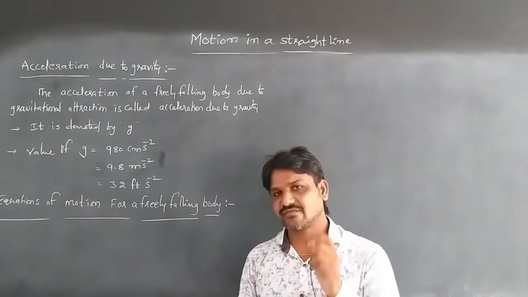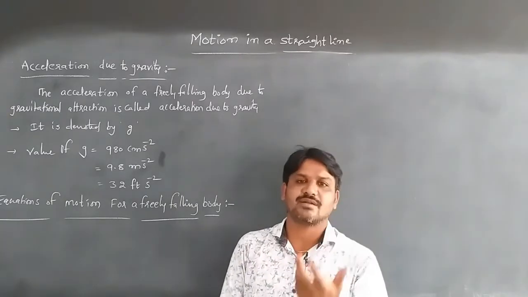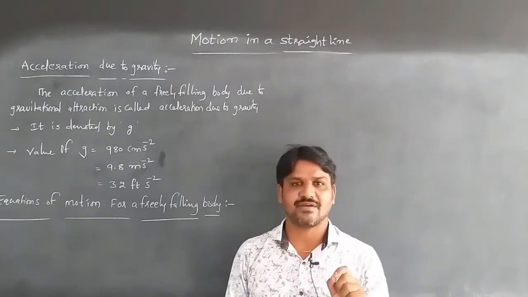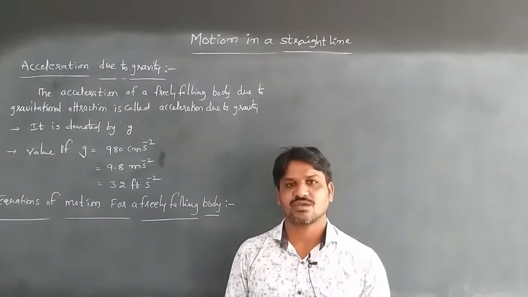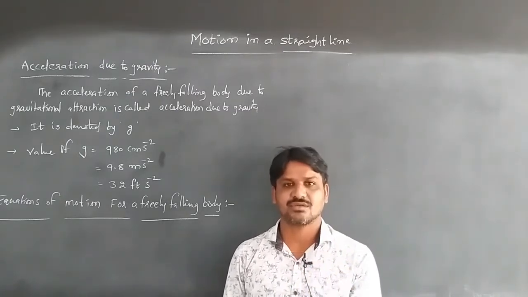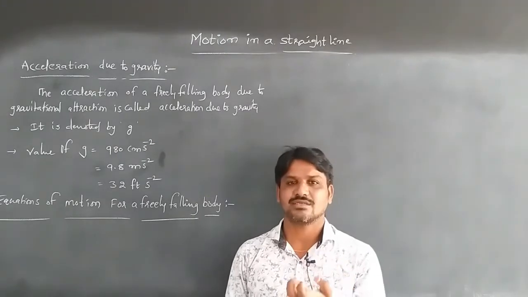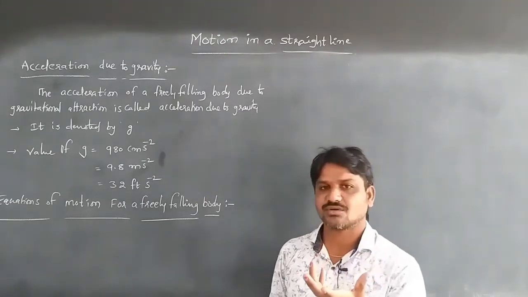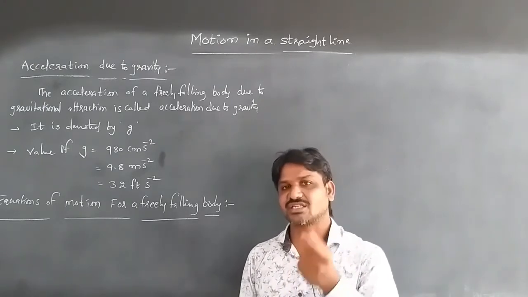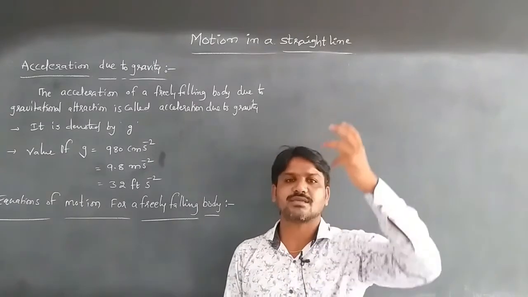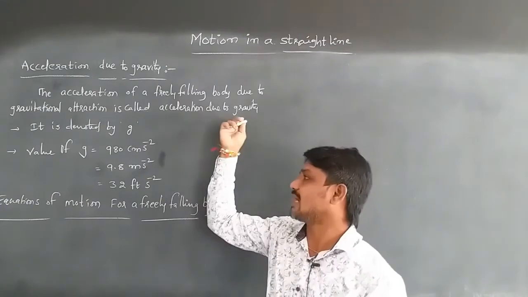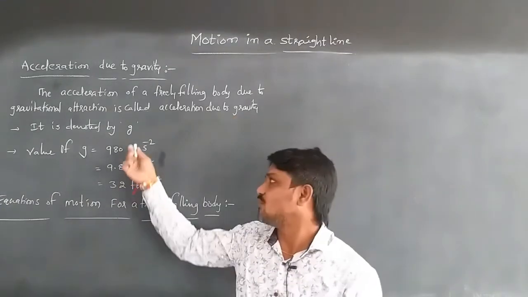Means when a body is falling freely from a certain height due to the gravitational effect, gravitational attraction, the body possesses acceleration. The velocity is increased. So that's why that acceleration is called acceleration due to gravity. Due to the gravitational attraction, the velocity is increasing whenever the body is falling freely from a certain height. It is denoted with the small g, and